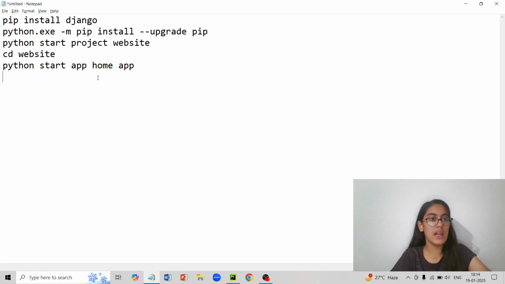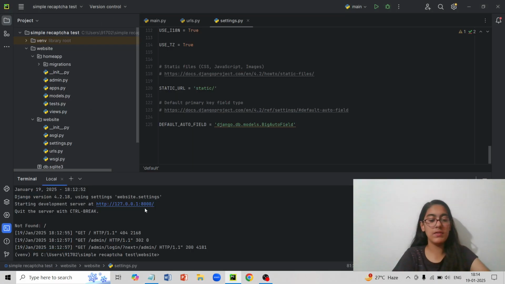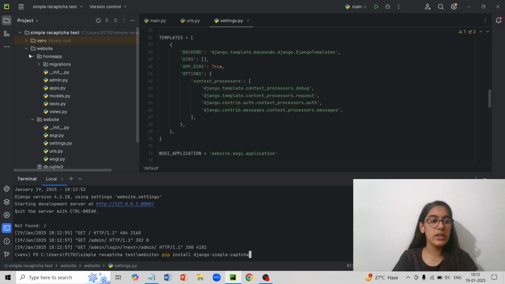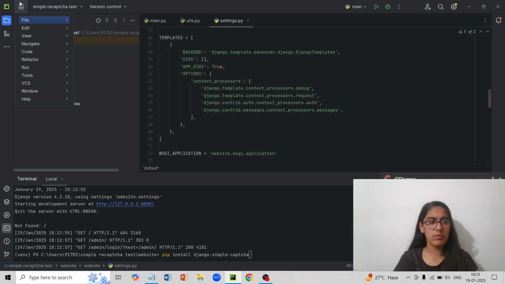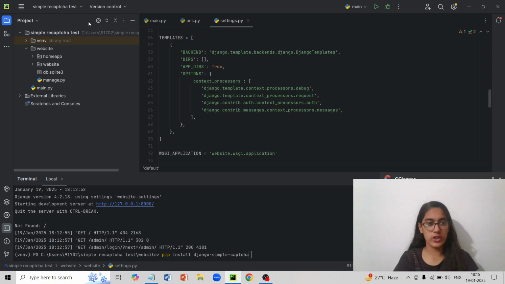This way I will be getting all these files, and after that I will have to install Django simple CAPTCHA. After this, I will see that over here I have all these website and home app folders. I will simply open File, New Project.